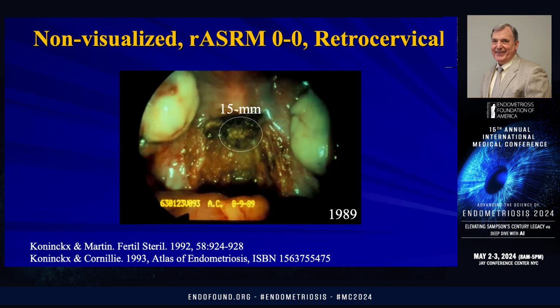15 millimeter nodule. Sonograms can pick that up. MRI can pick that up. Physical exam can pick that one up. Someone who's doing a good retrocervical exam will have no trouble finding that one if you do it. Remember, the current WRF thing doesn't include retrocervical exams. I'm not sure, but they're going to miss this thing on that technology. But that is something that imaging is capable of picking up until it gets to a certain lesion. I keep hoping they can see a 5 millimeter or smaller lesion,